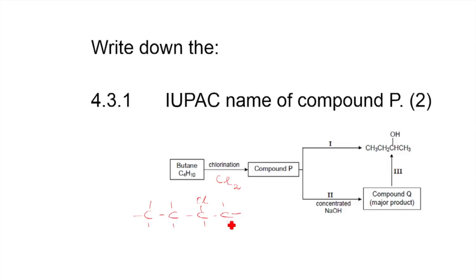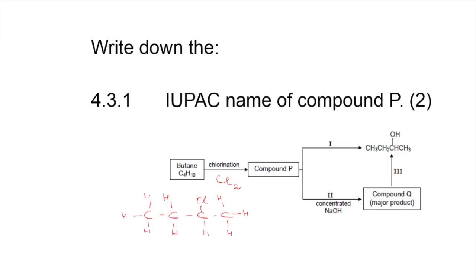And as I said to you, always make sure that you are going to have this. But remember, this was not actually a question, but there is no way that you will be able to write down the IUPAC name if you don't know the structure, if you don't know what we have here. And in this case, if we have this chlorination here, you are able to get this. And what do we have? In this case, you are having